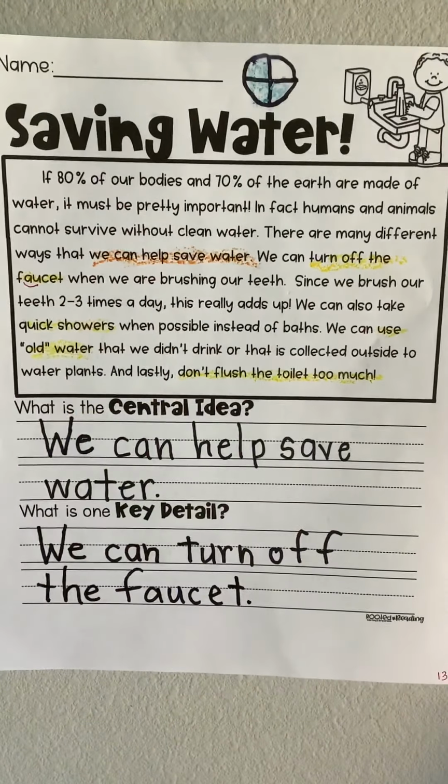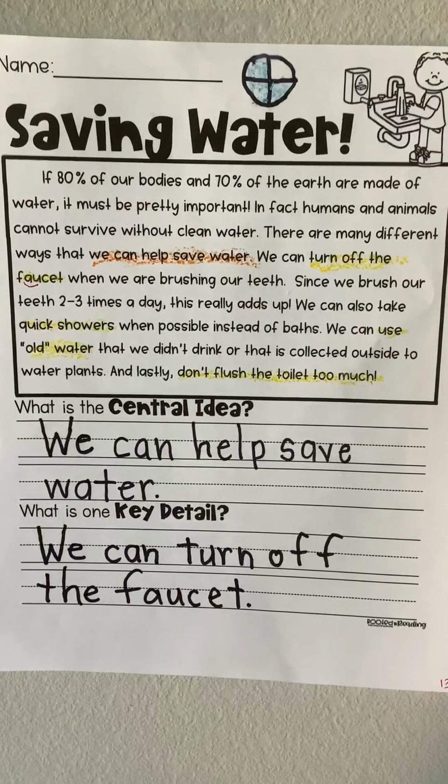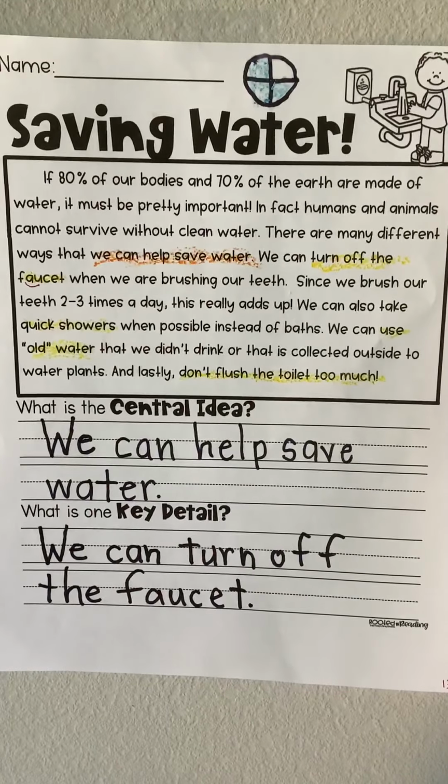Okay, I wrote we can turn off the faucet, and that doesn't mean just when we're brushing our teeth, but I know that while I've been staying here with my grandkids, I have a little grandson named Gio, or his name's George, but we call him Gio, and he's almost 2, and so sometimes he goes around and he turns